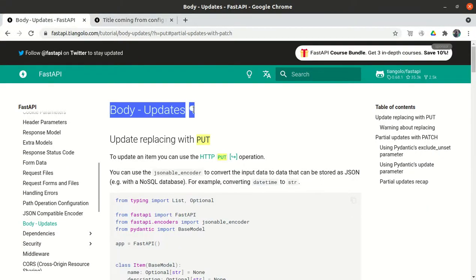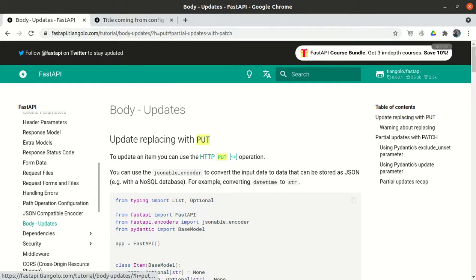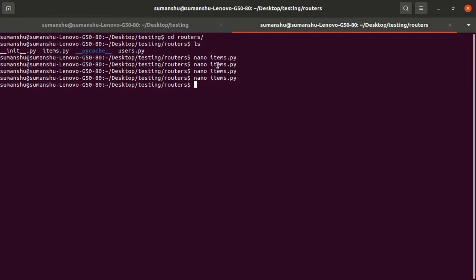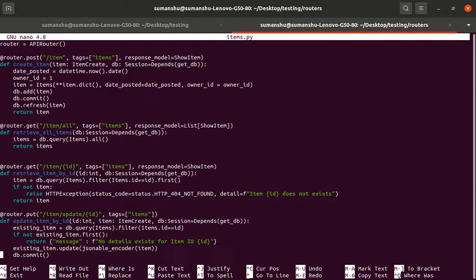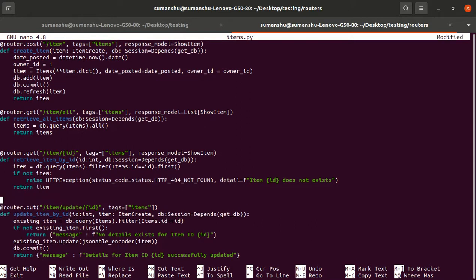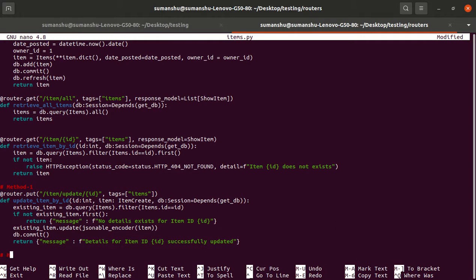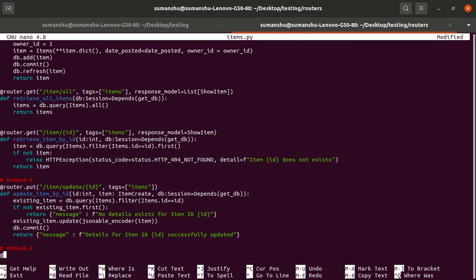Along with that, we have seen how to use the put function to update the data. But I want to show one more thing. Let's suppose you don't want to use the JSON encoder. This is method 1, so let's try method 2. Method 2 is the same: router.put /item/update1, and it will take the ID as an input, under the tags items.